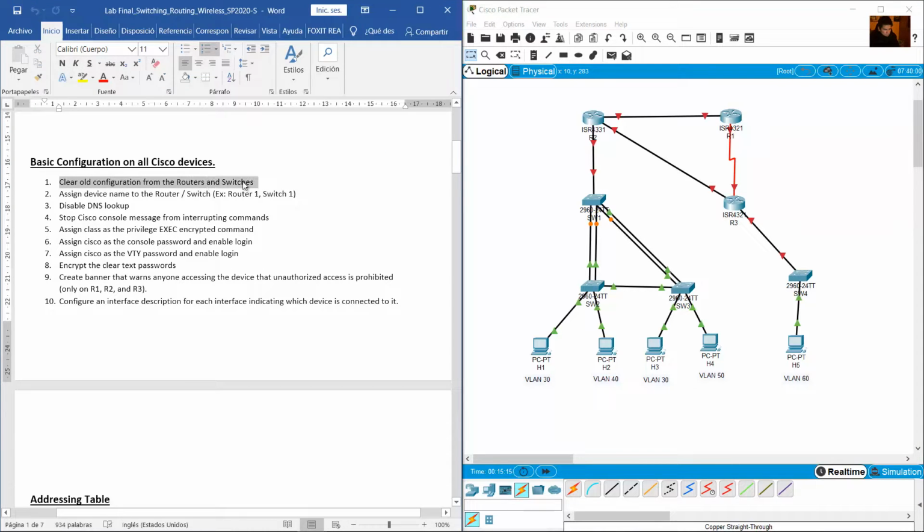Clear all configuration from routers and switches. This is not necessary because on Packet Tracer, routers and switches are blank devices and they don't have contents. Okay,